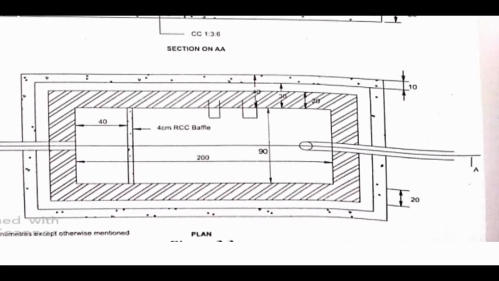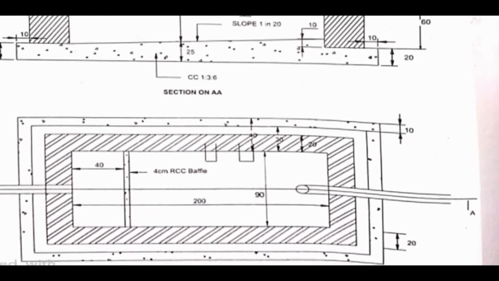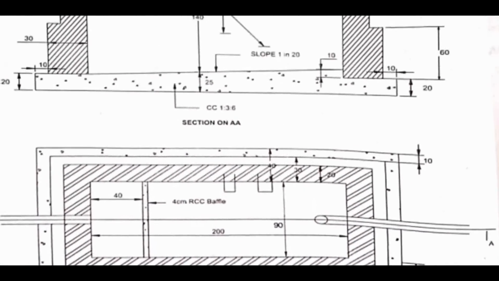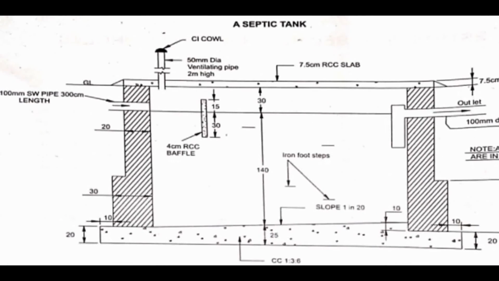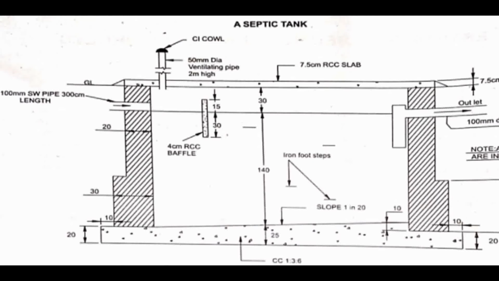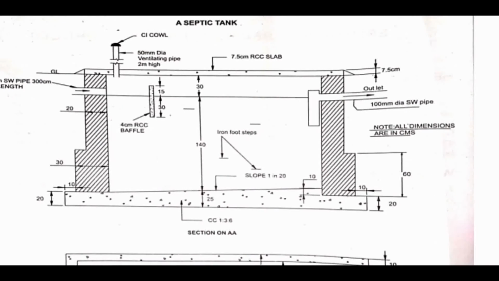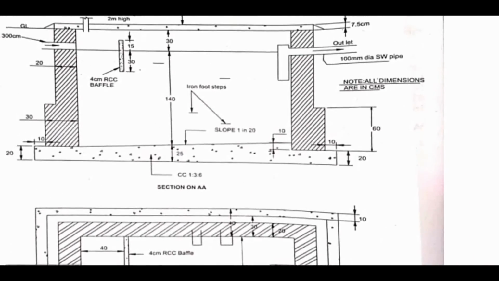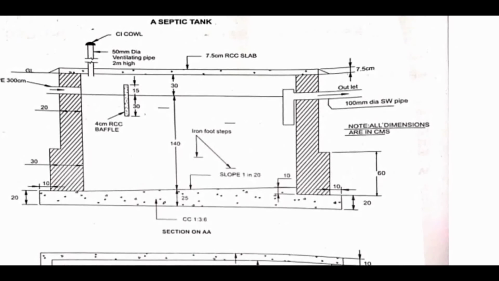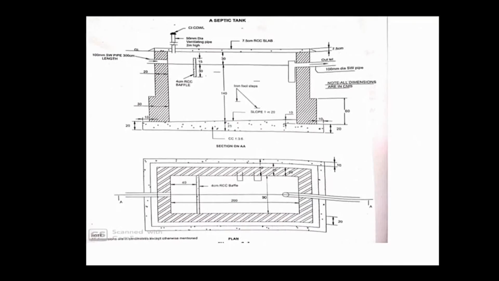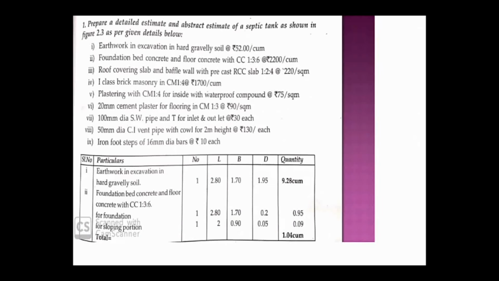And we have to know the depth of that baffle wall, right? When we are going to find out the depth, we have to go to the section. So here you can see the depth of the baffle wall they had given 15 plus 30, that is 45 will be the depth of the baffle wall. So the length and breadth of the concrete slab you had found out, and then the baffle wall length and depth also we had found out. So by using this you have to calculate the total quantity.